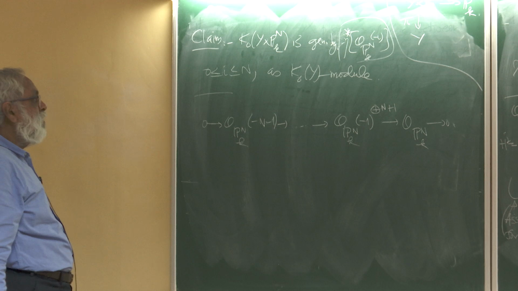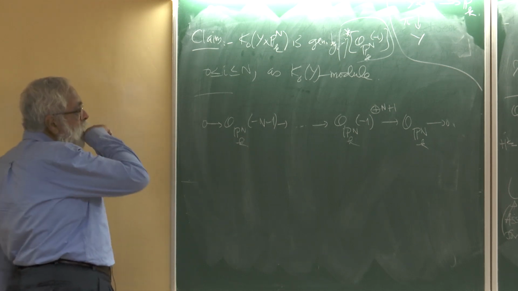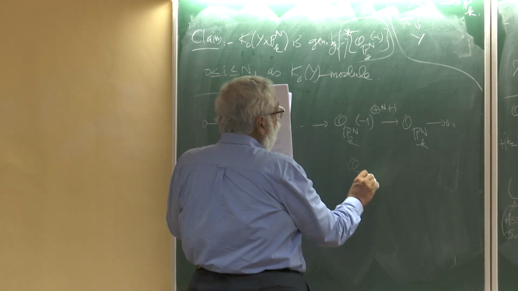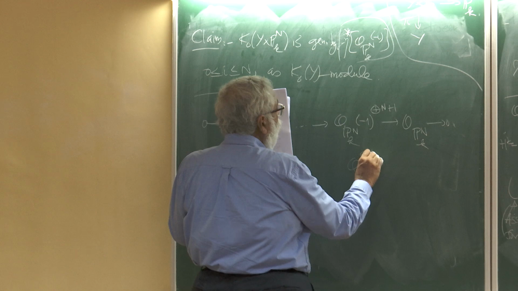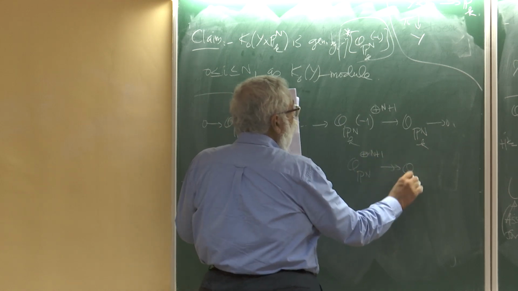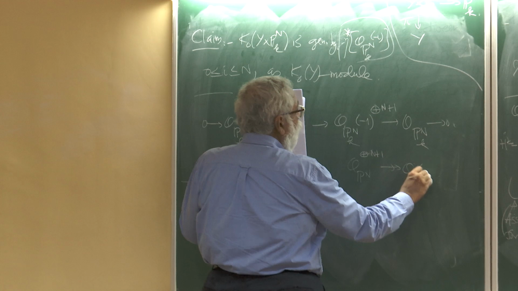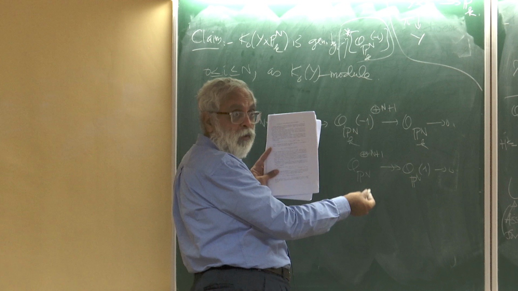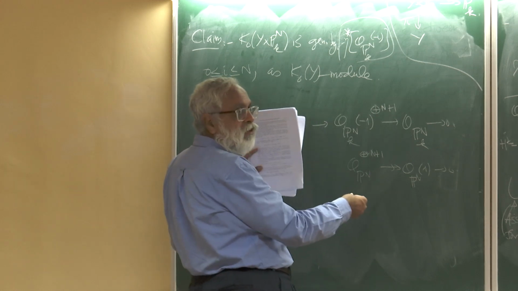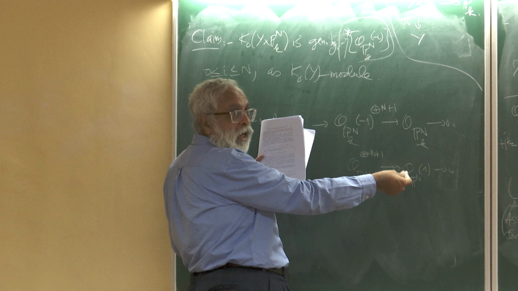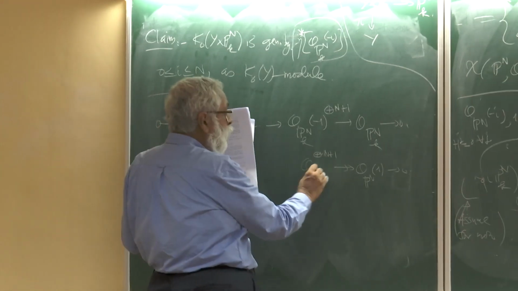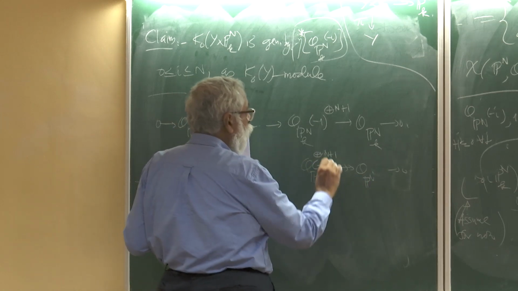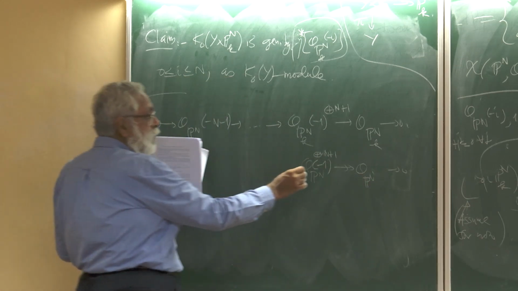So what is the basis of this sequence? I can view it like this if I want. Let's look at O_Pn^(n+1) onto O_Pn(1). O(1) on projective space is generated by the vector space underlying. I mean, the elements of the underlying vector space give me naturally global sections of O(1), and O(1) is spanned by those. So this map is surjective. Right? So I can view that as O(-1) mapping to O. And then this is a surjection of